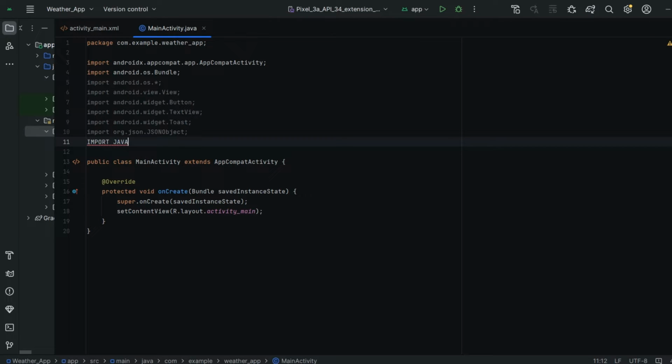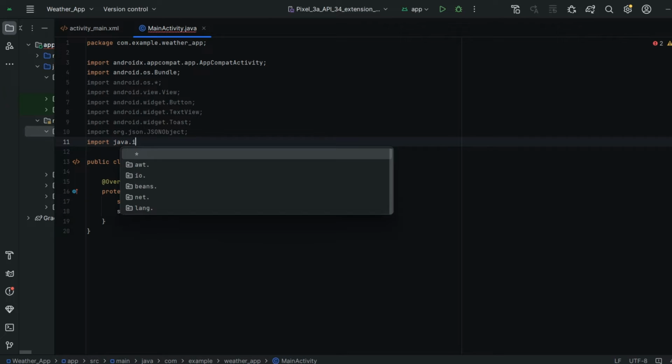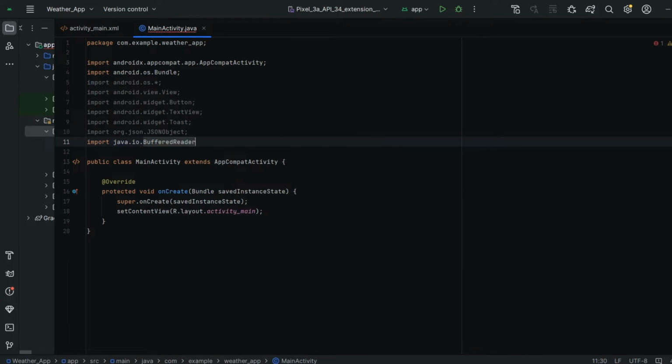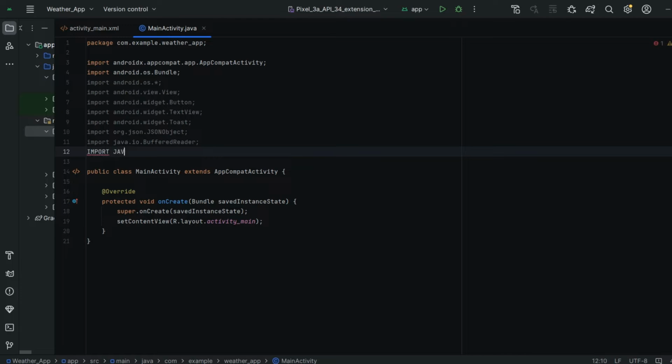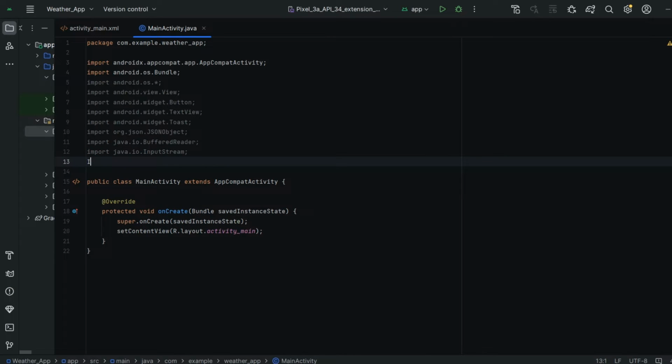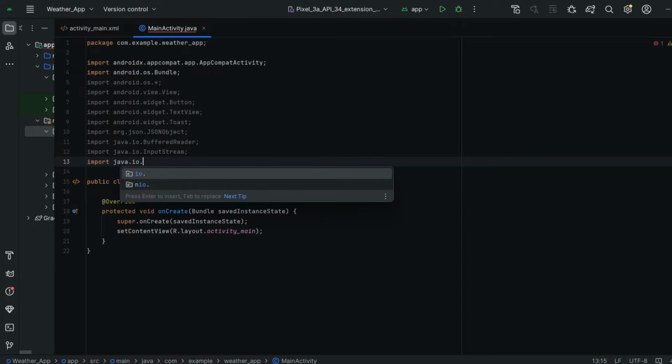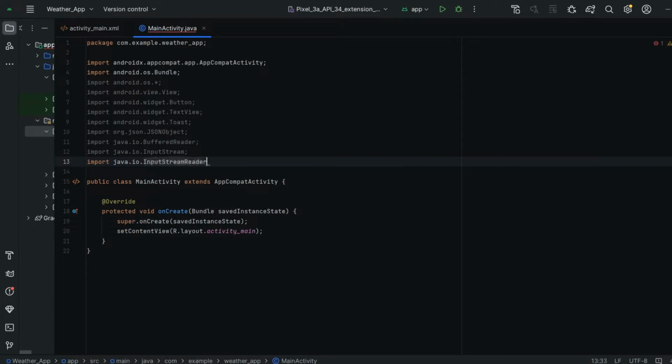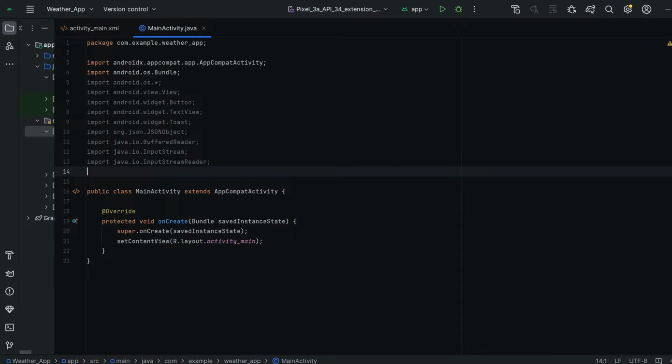Import java.io.BufferedReader, and next one was import java.io.InputStream, and next one was InputStreamReader, import java.io.InputStreamReader, and next package was HttpURLConnection, guys.